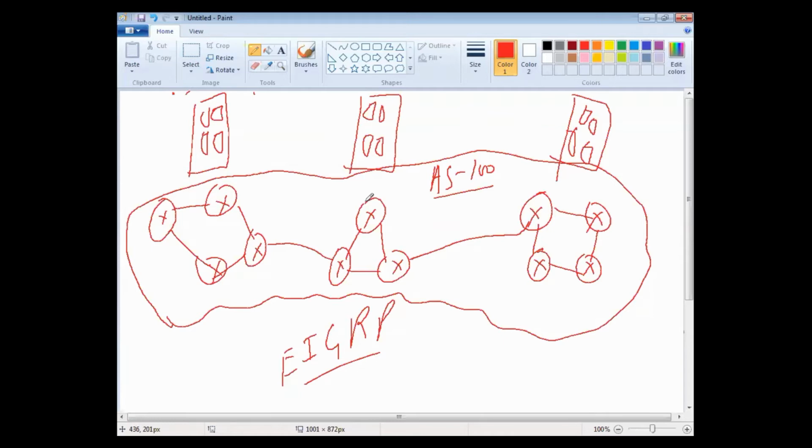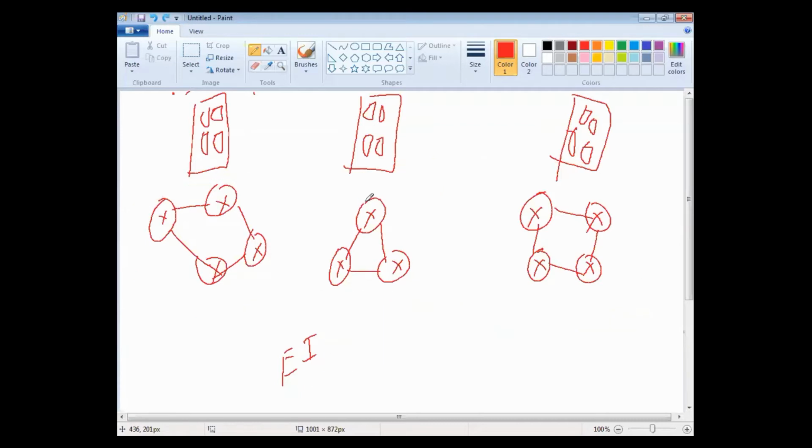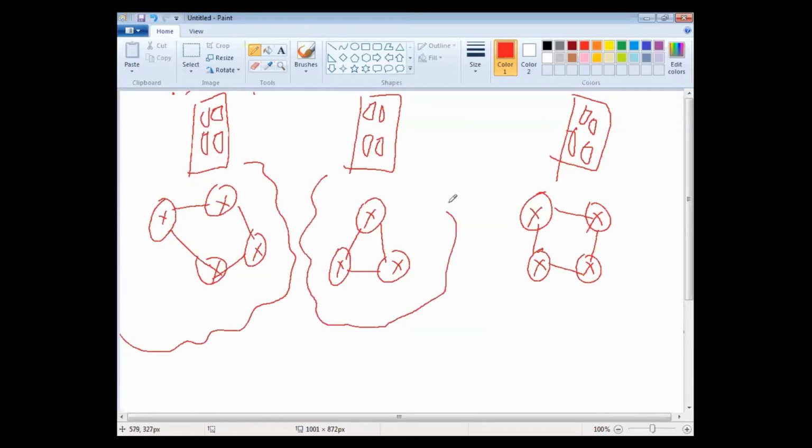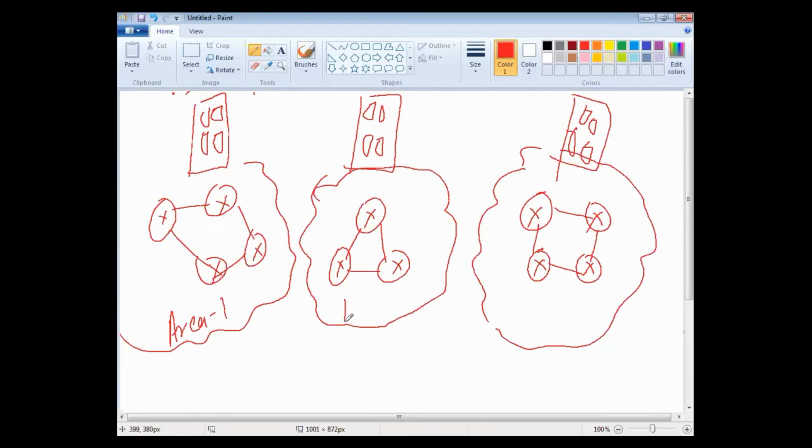But in this OSPF scenario, we have a hierarchical network design. It is not like an AS number. OSPF itself is a single AS, but we can put up areas like area 1, area 0, area 2.